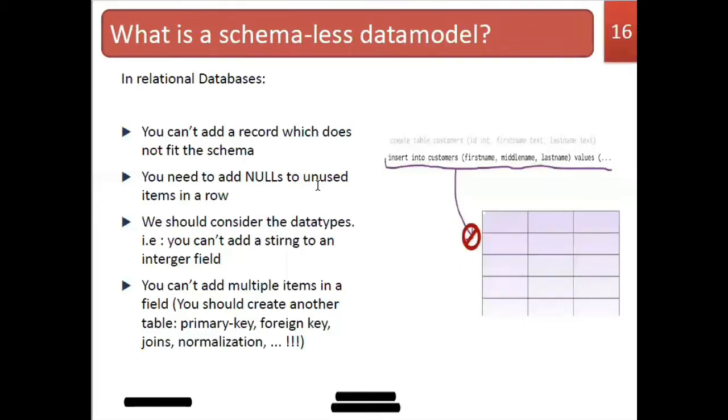If a particular attribute in your insert command has the constraint not null, then you have to give the value, right? So you cannot skip that. Otherwise, if null values are allowed and you don't give the value there, then you should give null there, right? Then we should consider the data type. What is the data type used? Even in the relational database management system, the data types are very strictly followed, and only some casting is allowed.